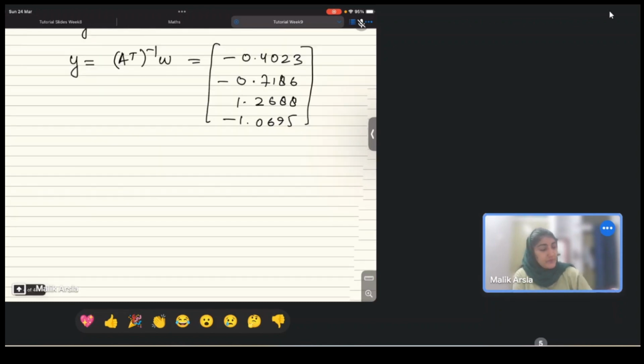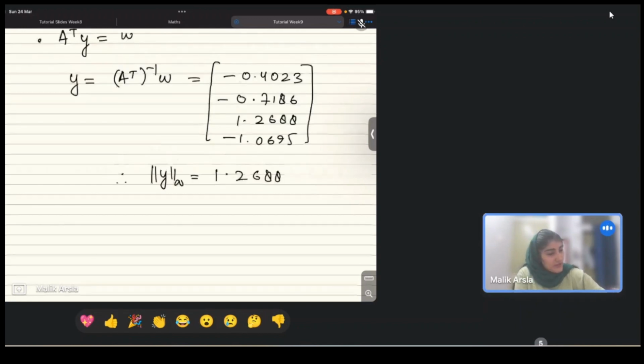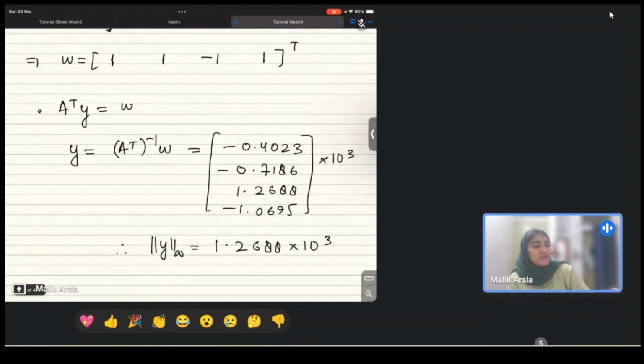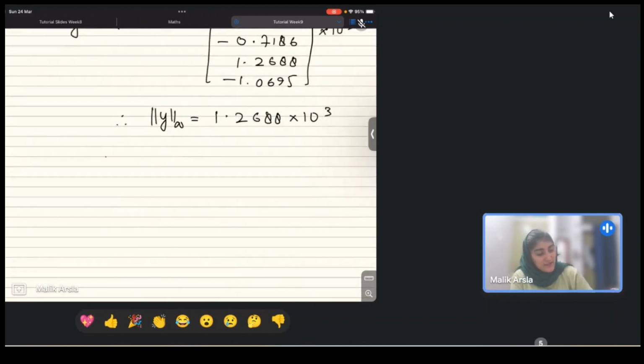Okay. Now here when we calculate the infinity norm of y, the third one is maximum, so it will be 1.2688. Sorry, here it is into 10 to the power 3. Okay, when you calculate it, you get it like that. Now you can see that it's coming out to be same as this. So here we see that the infinity norm of y is equal to the one norm of x, and